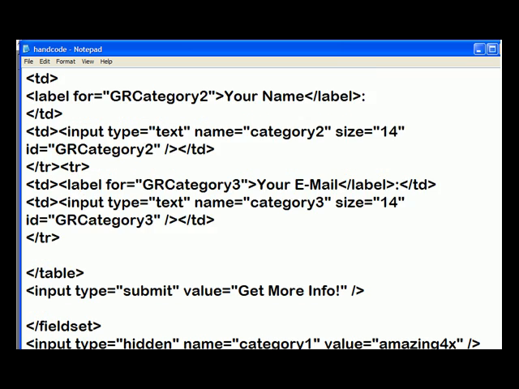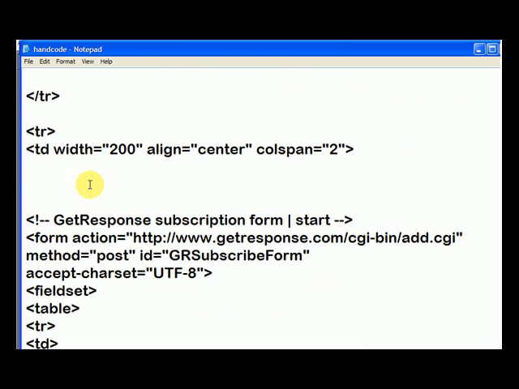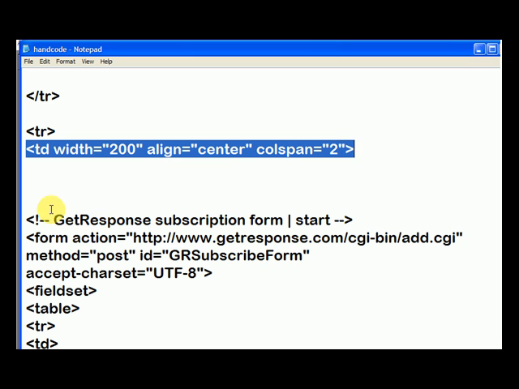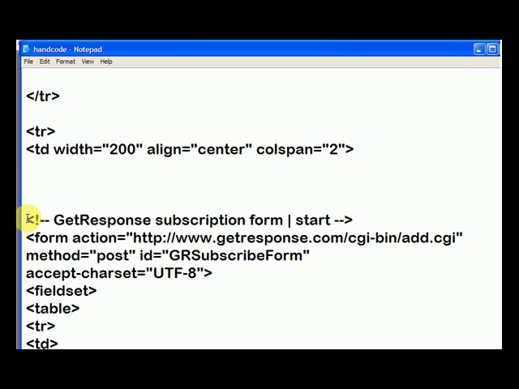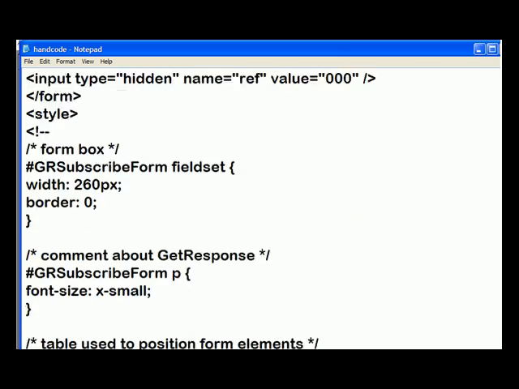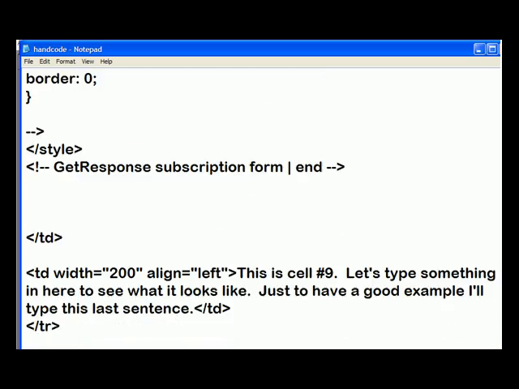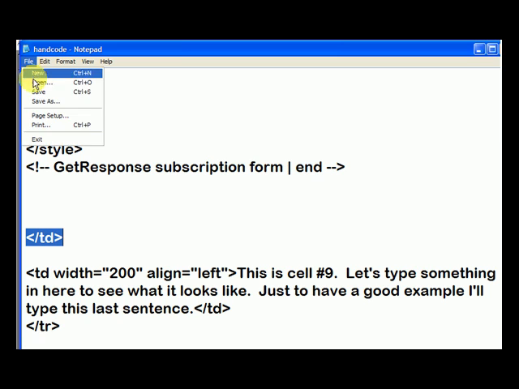So if I go up, I can see, remember we had this tag, and then I had my blinking cursor was right here. Then I pasted the code, and you can see, look at all this code, it's all pasted, okay? And then a little bit of white space, and then we had the closing tag. So if I go to File and hit Save,